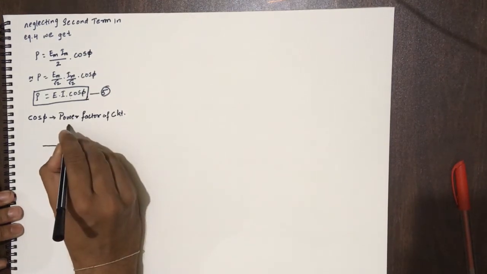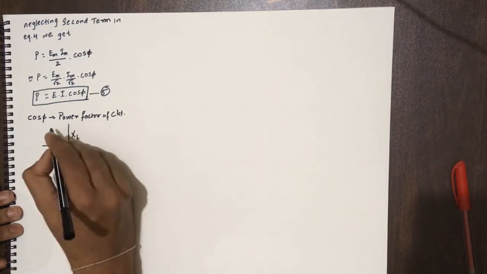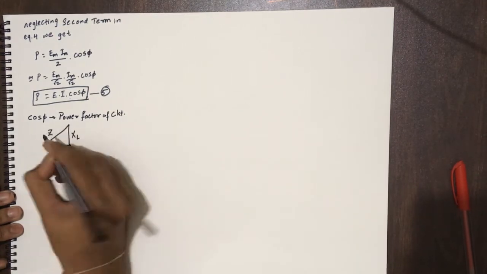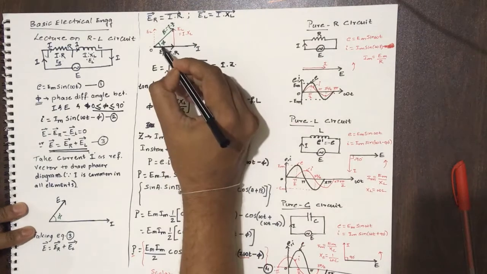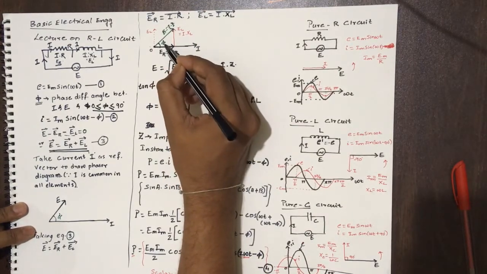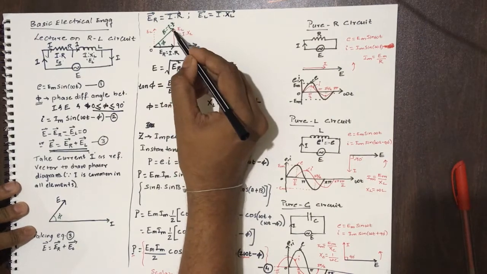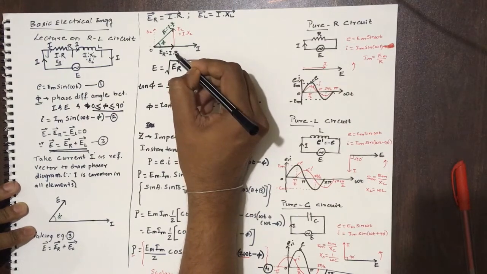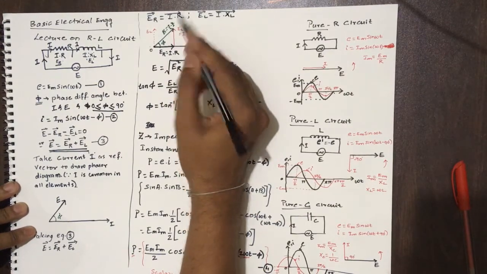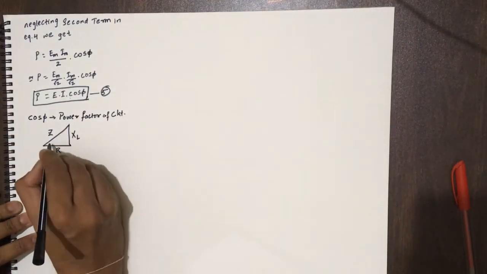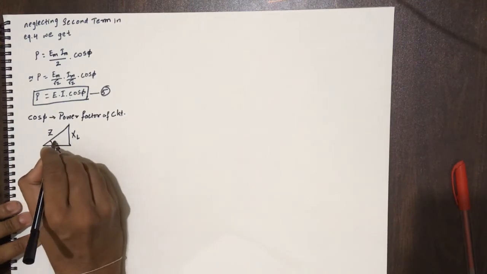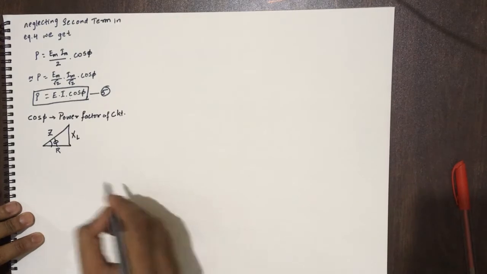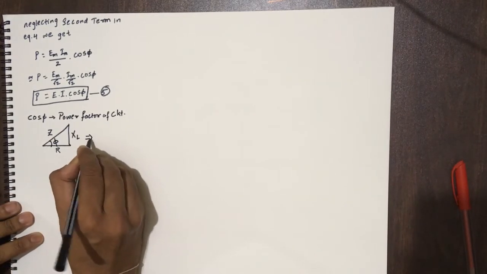R, XL and Z. So as we see from this discussion, the angle between I into Z and I into R is phi. Because I is common, all the sides of this triangle are proportional to R, XL and Z respectively. Therefore I have taken out the I and simply drawn the triangle representing R, XL and Z. Now the angle between R and Z is phi. This triangle is known as the impedance triangle.